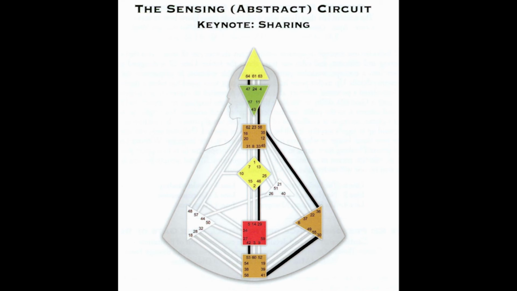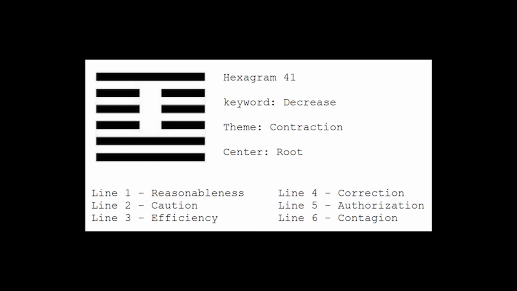This is the key to the abstract process. This maximization of that potential by recognizing that this resource is always there. You don't have to have all the fantasies all the time, you can have one at a time and go through what is the correct evolutionary process. Remember, when you are looking at a hexagram, the first line is always going to represent not simply the foundation of the hexagram, but its essential truth. Gate 41 line 3, efficiency.